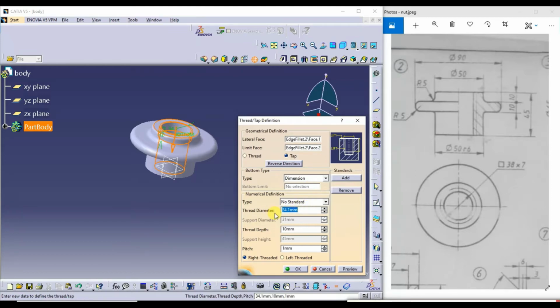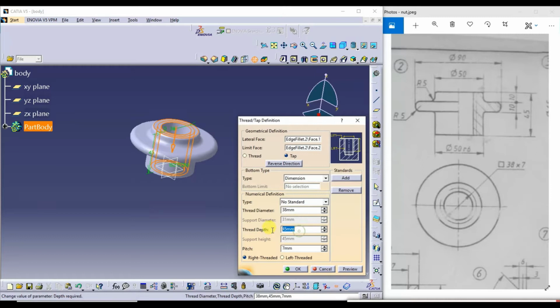This is thread diameter is 38. Thread depth is nothing but 45. From here to here I need to do the threading. So 45. Pitch is a 7. Go for preview.